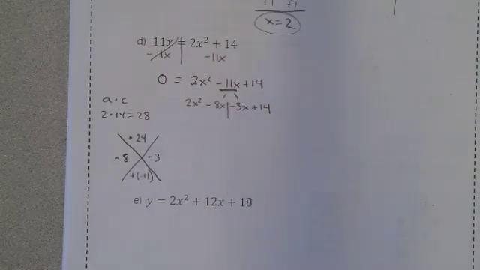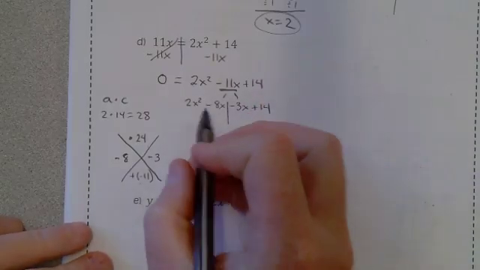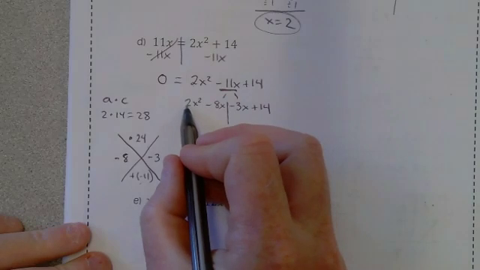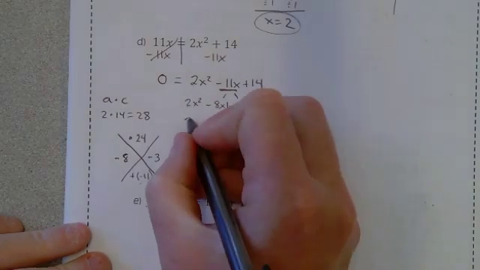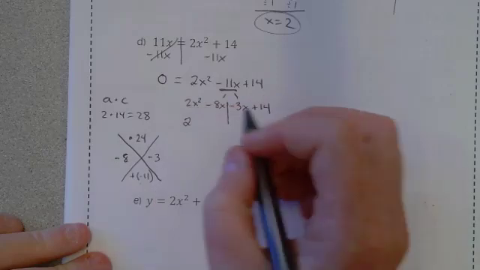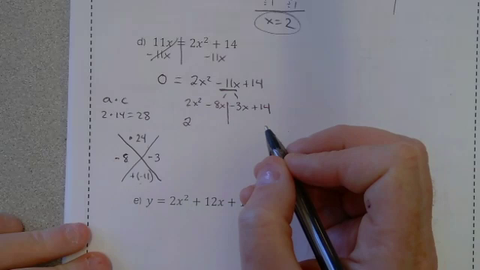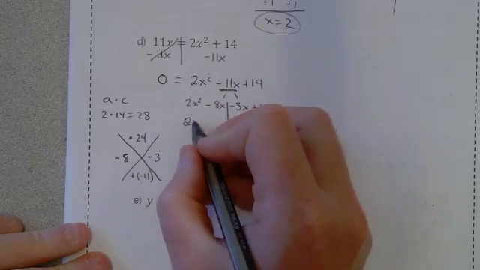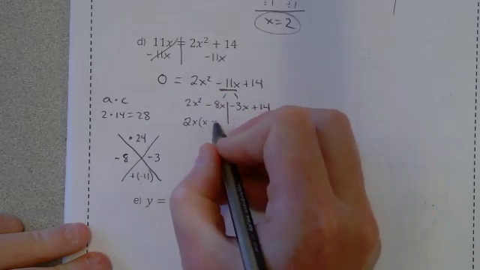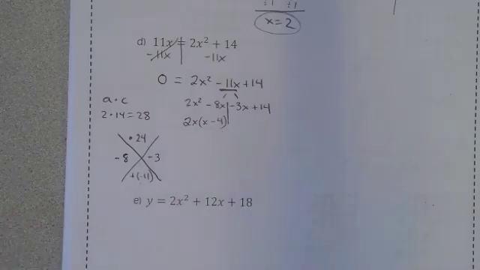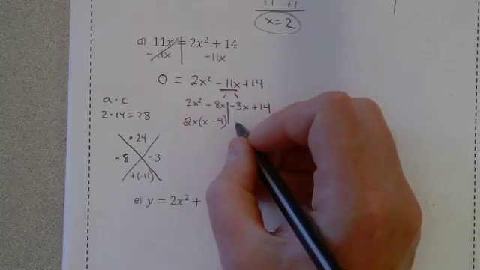Now we have to factor by grouping. So I'm going to split this problem in half. On the left side, my greatest common factor is a 2. And I can take an x out, and I'm left with x minus 4 here. And over here, we're left with,